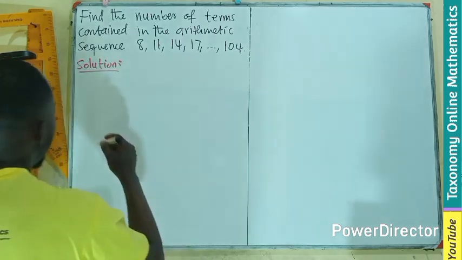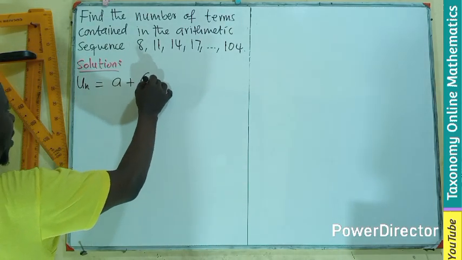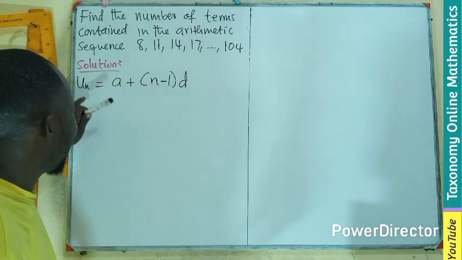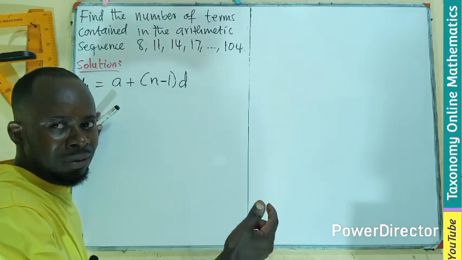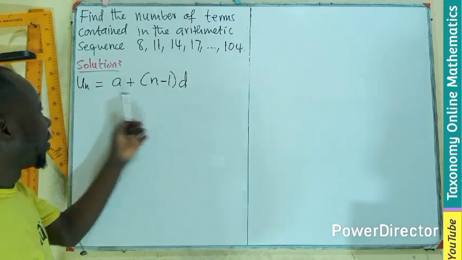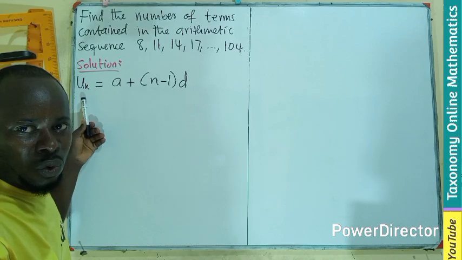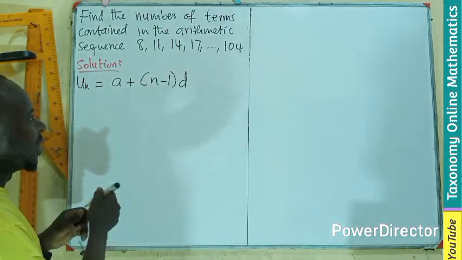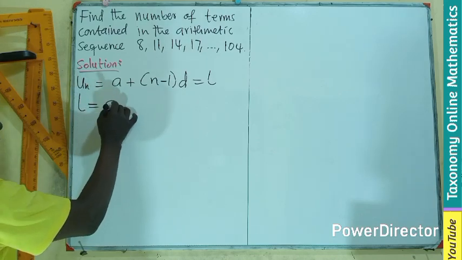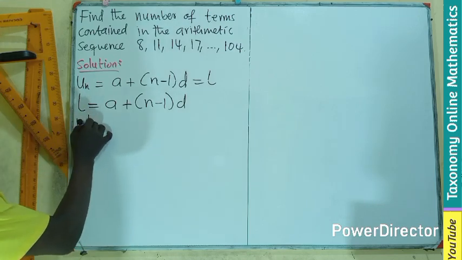So by recall, if I'm looking for the number of terms, the nth term equals a plus (n minus 1) times the common difference. You can see here that we can easily tell the last number. If this is the last number, which is the end, we can use that as L. Meaning L equals a plus (n minus 1) times d,